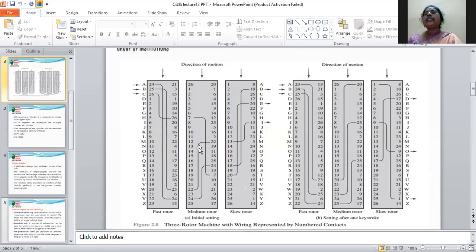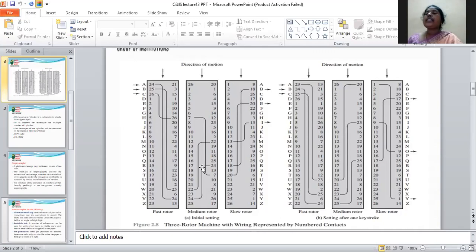These are internally connected to 18, 20, 13. What are the letters? B, E, I. The single stage of encryption gives BEI. ABC is our plain text, BEI is our cipher text. This is one stage, which is again applied to the second stage.